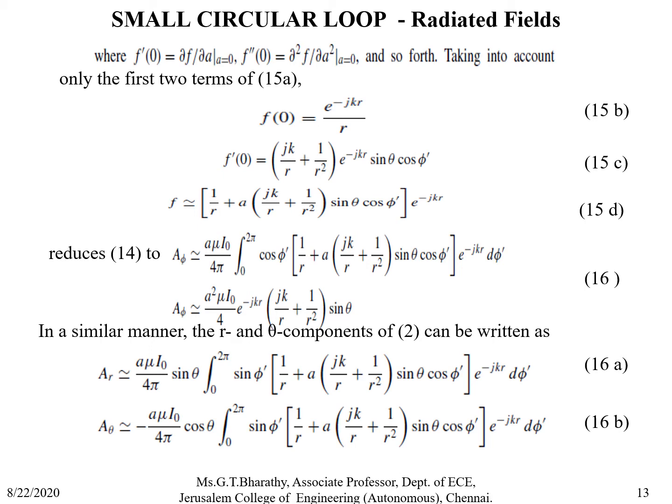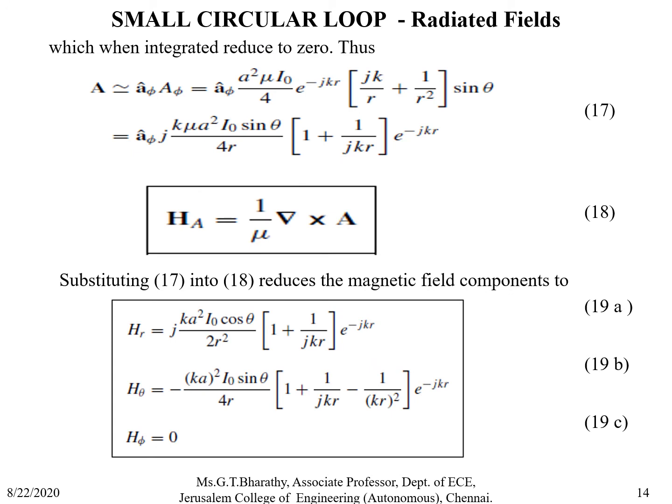So we have calculated the phi component of A. Similarly, we can calculate the r component and theta component using the Maclaurin series, the integration of which will become 0. So ultimately, since the current is flowing only in phi direction, A phi component alone will be present and Ar and A theta will be equal to 0. So we saw that the electric vector potential capital A is going to have only the A phi component and the remaining two components are going to be 0.